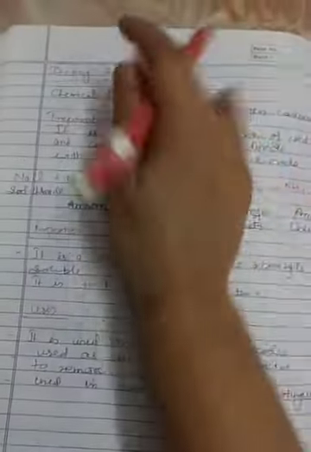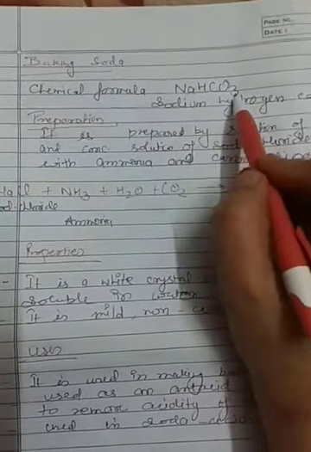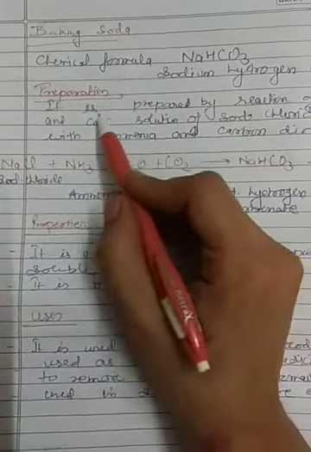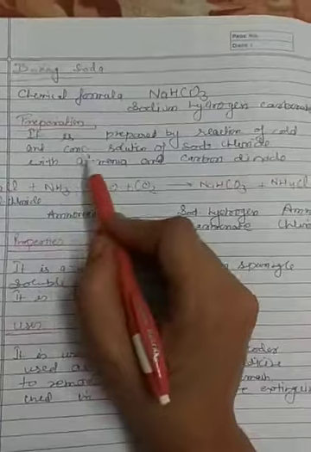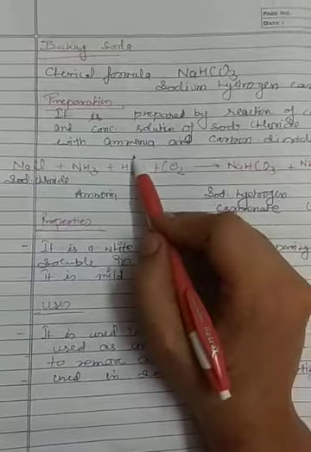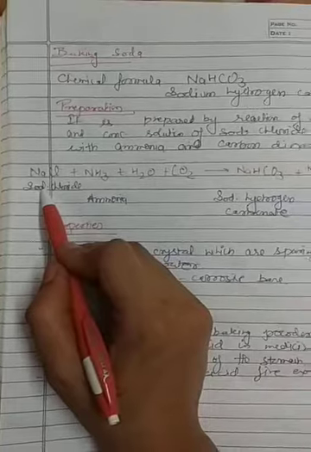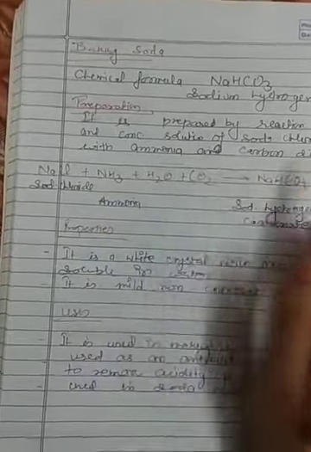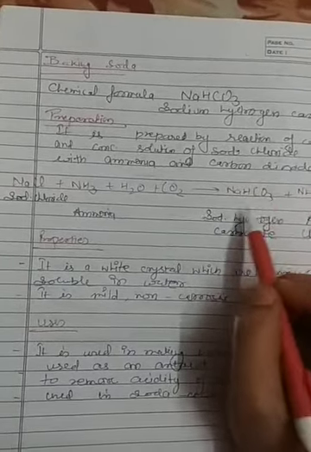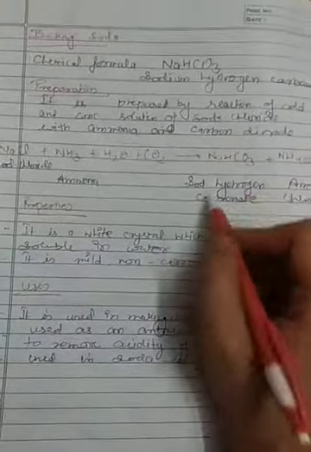Next is baking soda. Chemical formula is sodium bicarbonate or sodium hydrogen carbonate. Preparation: it is prepared by the reaction of a cold and concentrated solution of sodium chloride with ammonia and carbon dioxide. Here you can see the reaction of sodium chloride with ammonia, carbon dioxide and water molecule, and we will get